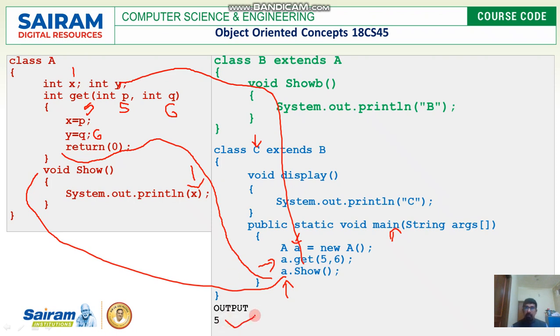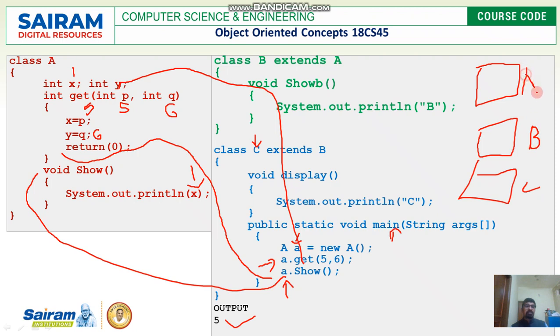So this is a complete example where we have multi-level inheritance. How many classes we have got? We have got three classes. First is A, next is class B and class C. So this is C, this is class B, and this is class A, where class A is a superclass for class B, and for class C, B is the superclass. Actually, the arrow mark should be in the reverse order.